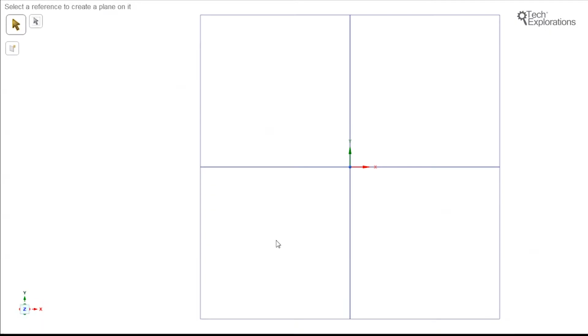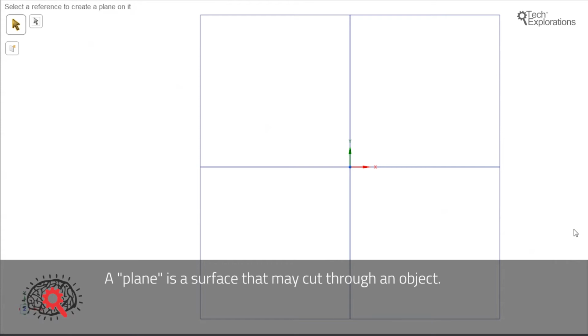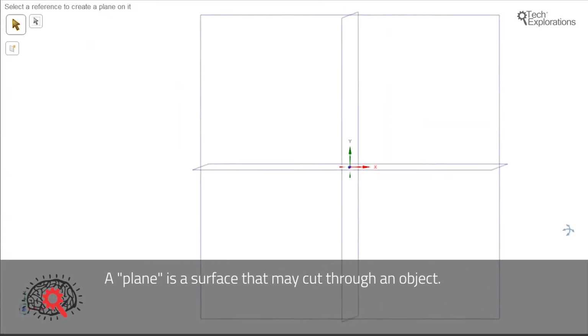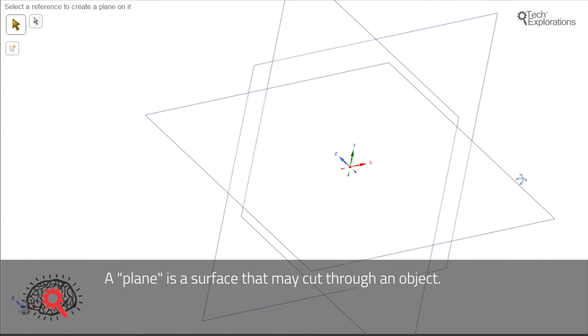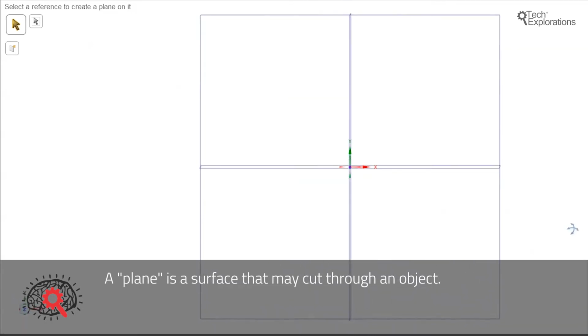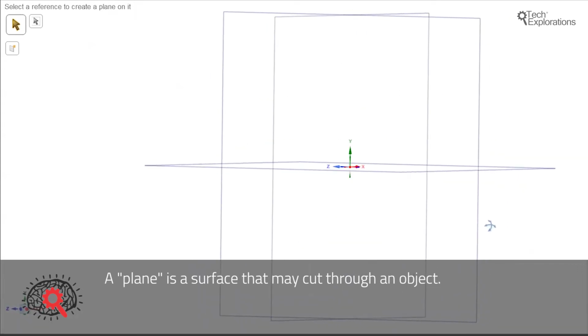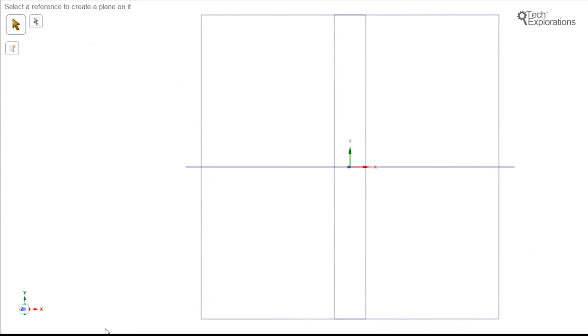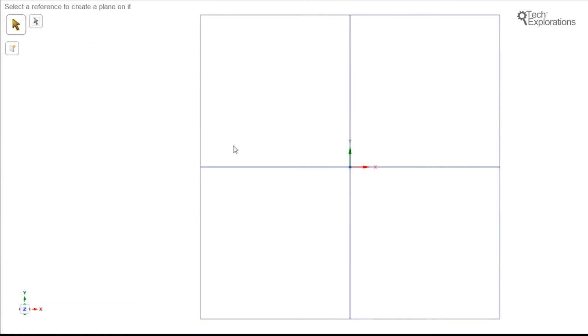So next, I would like to show you planes. Planes can be created for slicing, cutting, general reference, a bunch of things. So if we look in a 3D space, we have different planes. They're represented as just lines, pretty much, that attach together to form a square. So if we go over here to Z, this is the plane that we can see from Z projected onto X and Y. We go to X, this is the plane that we can see from X projected onto Y